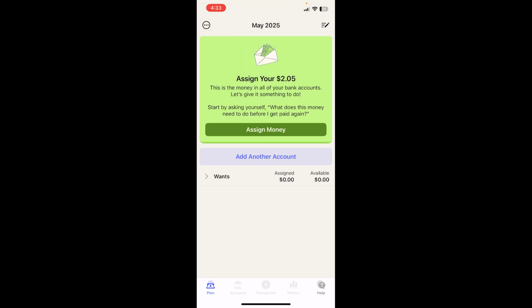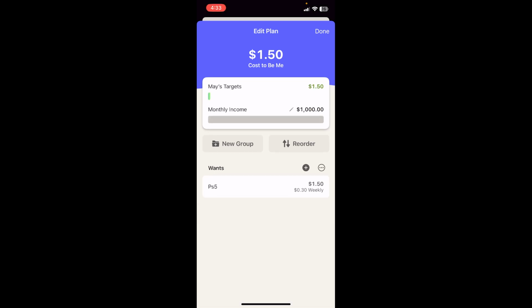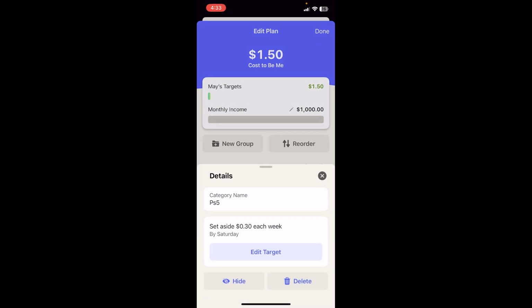Well, basically you see the three lines at the top with the pencil. You're going to want to press that, and here you could edit what you want to spend your money on. Let's say you're making like $1,000 a month, right? And your target, let's say you want a PS5 right here,